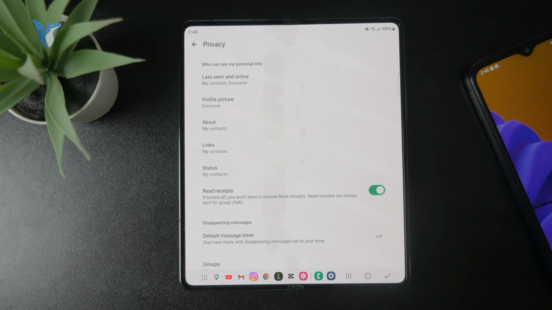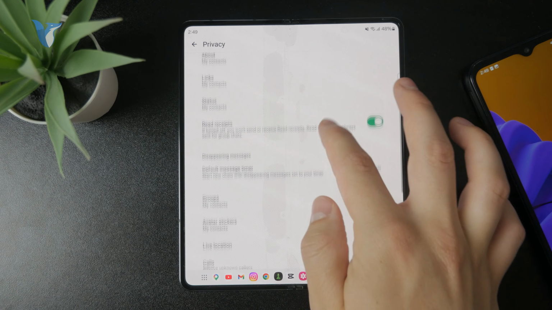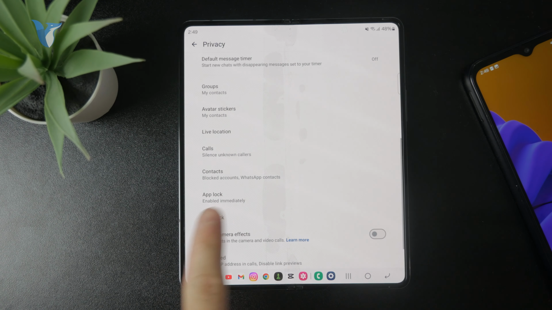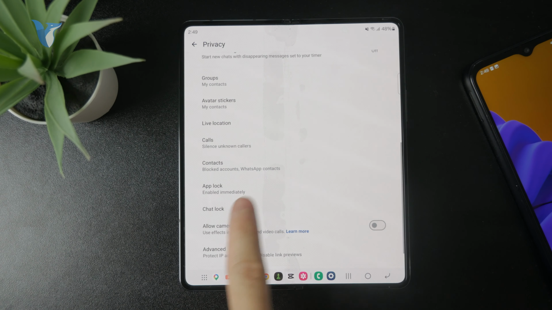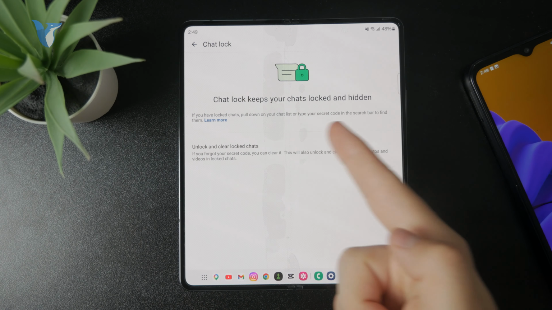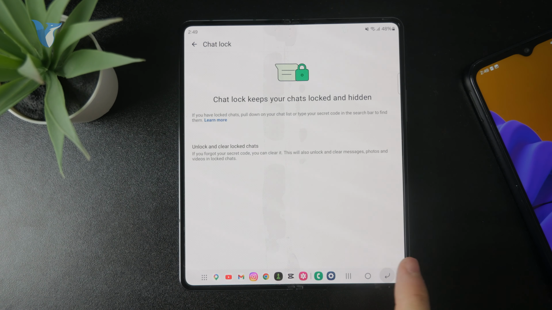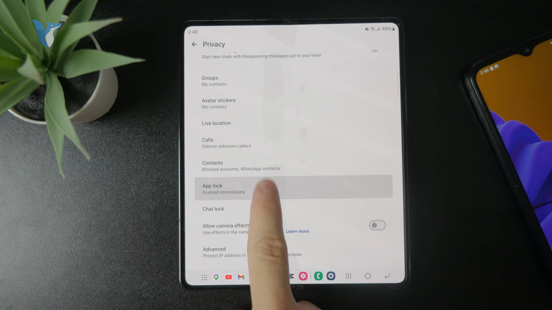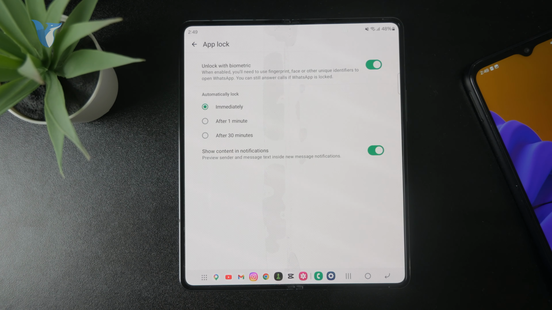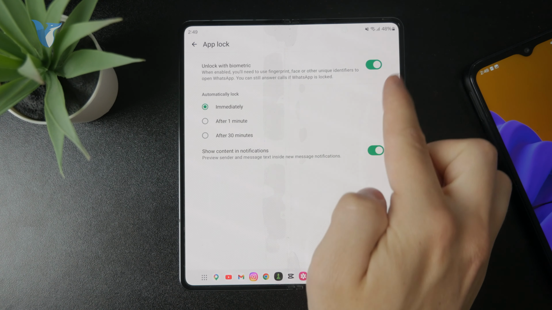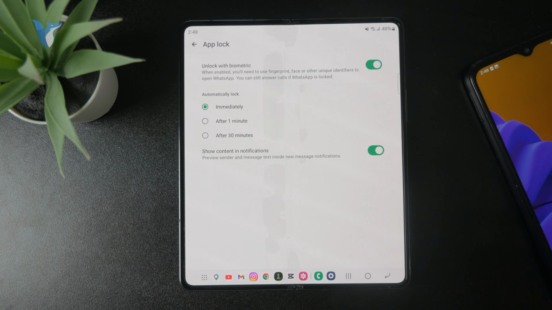When I click on Privacy in here, I can see all of the different things. But below, upon scrolling down, there is the App lock feature. There's also a Chat lock feature, but when you mean getting inside the WhatsApp application using your fingerprint, this is the thing. So get inside and you can disable the unlock with biometric, meaning your face scanning or fingerprint,